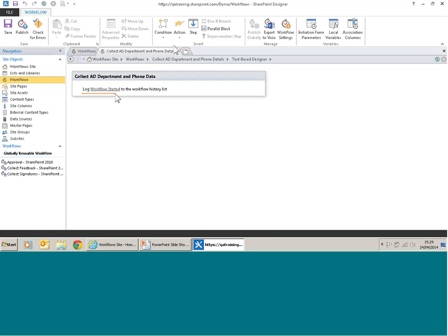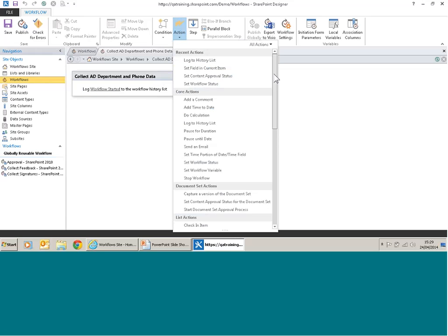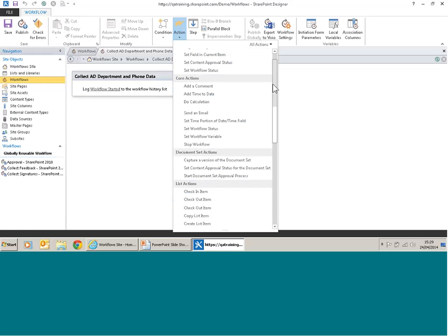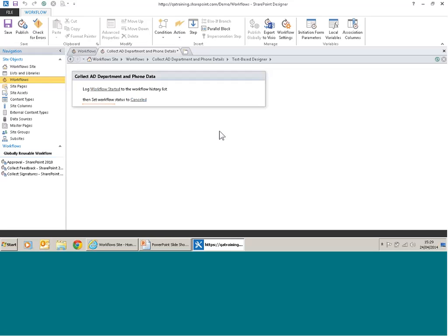I'm going to add another action, and the action I'm going to add is again from core actions, called set workflow status. Now, the workflow status is a very quick visual clue to how your workflow is doing. It comes up with three options I can pick from a drop-down arrow: cancel, approve, or rejected. However, I'm able to type inside these and add whatever features I fancy. So I'm going to say